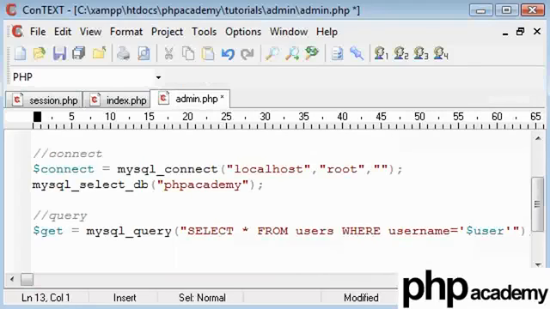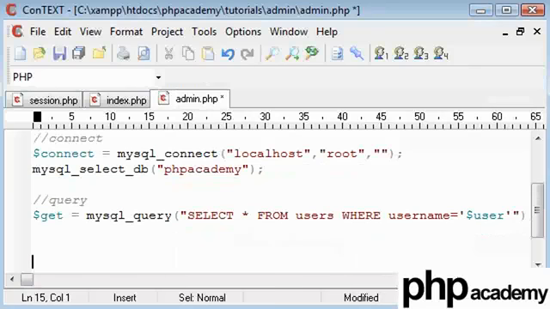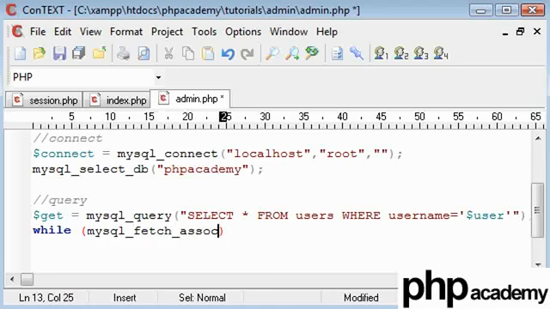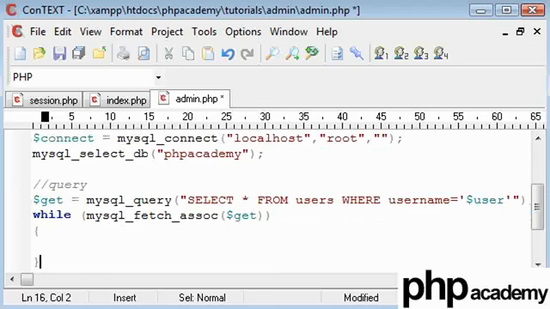That should work. It's quite a simple query to run, and then the next part we're going to use a while loop to loop through and create an associative array. You may be used to this, otherwise do a bit of research. I do have videos on this. MySQL fetch associative array of our get here. This is why we've put this query into a variable, because we're selecting everything from here, all the field names, into an associative array, and then we use a block here with curly brackets. And what we're going to say is admin equals